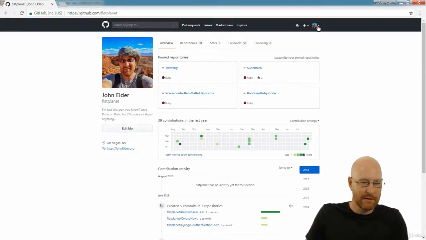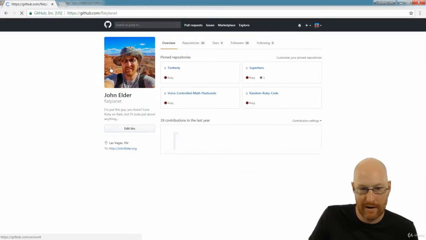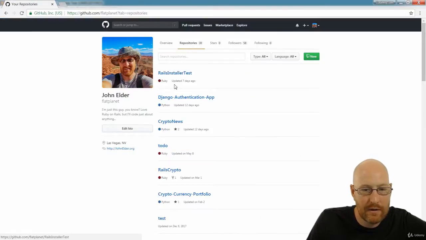If it either dumps you right here when you log in, or you can click on this little picture up here and go to your profile, which is just right here. And then up here is repositories. And what we want to do is create a new repository. So click the new button